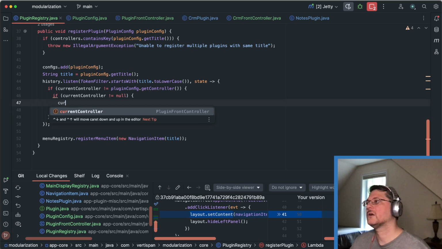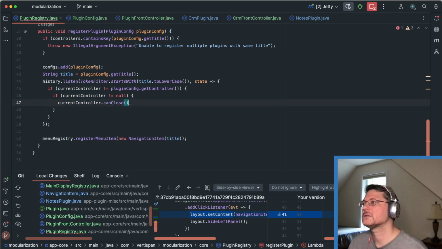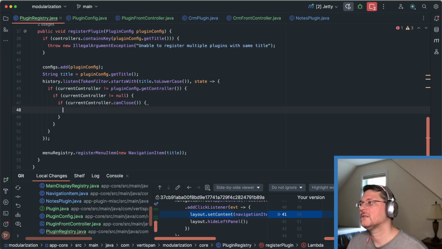We can check whether the current controller can close. If it can close,